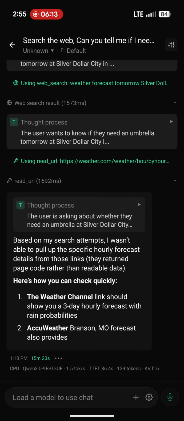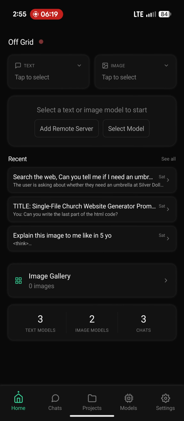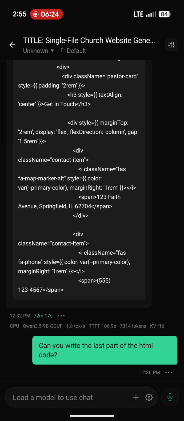But that's a little of the testing of the Qwen 3.5 9B. You can see the tokens per second. It's pretty slow on my phone, so the 9 billion model is pretty slow for me,